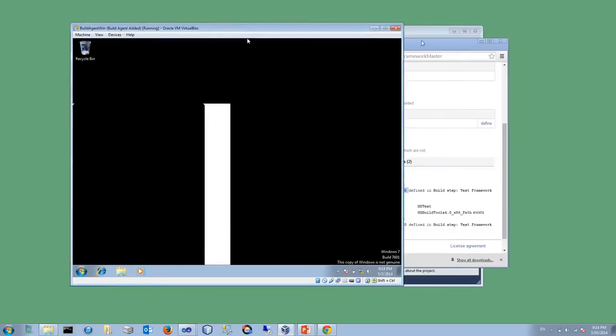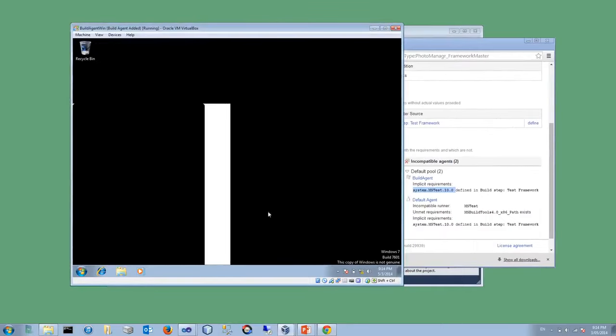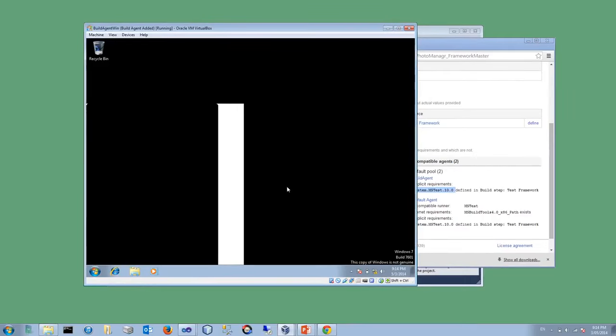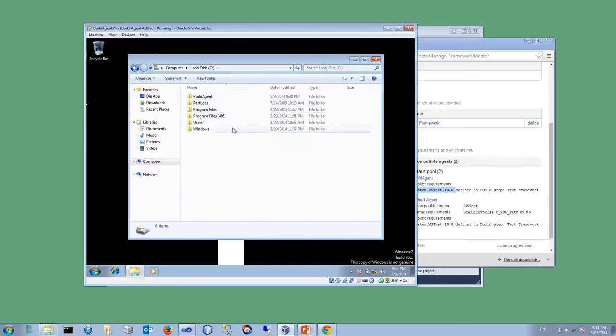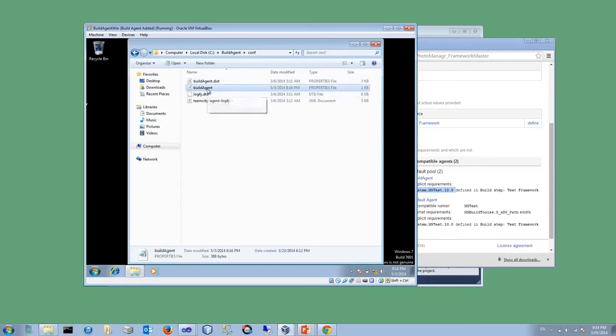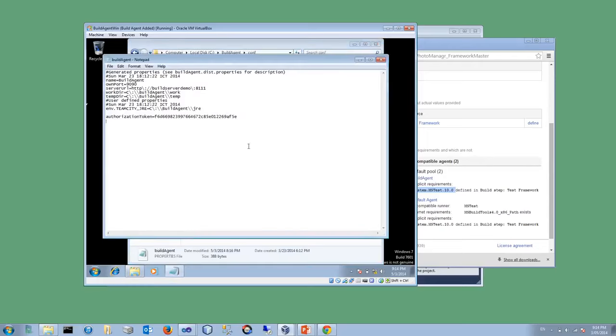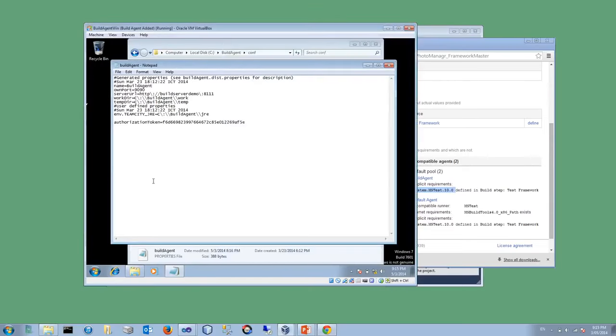I've got the virtual machine there, and excuse my activation message. We'll take a look at the configuration of our build agent. So if we drill down into where that build agent lives and go into its conf directory, configuration of course, you'll see the build agent properties file there. So if we open that up, here we can just simply add this property, system.mstest.10.0